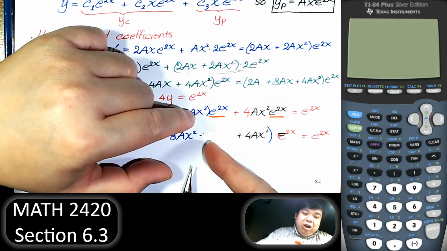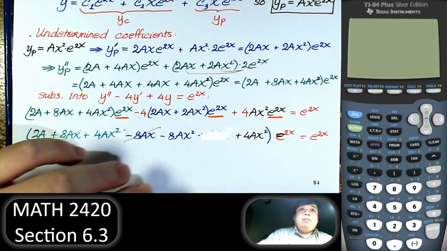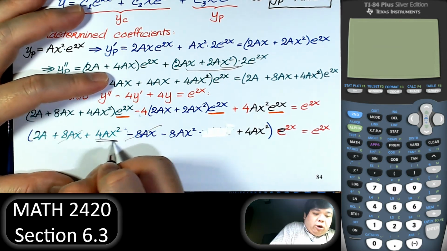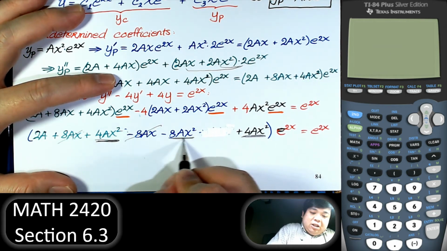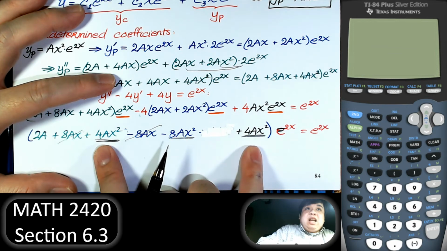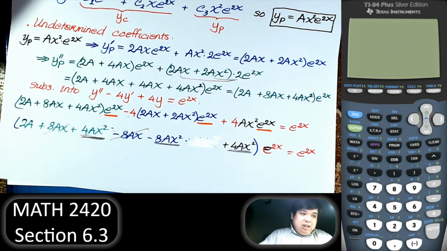Yeah, that's one I should write in black, and that's it. So we don't have that term, multiply 2, that's all we have. Right, now we have 4ax, and then 4ax, and then minus 8 plus 8 cancel out. So what we are left with is just 2a